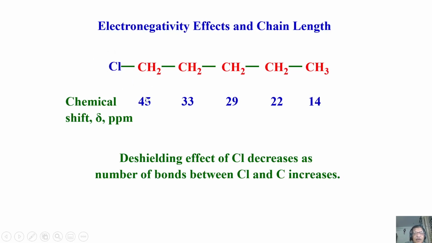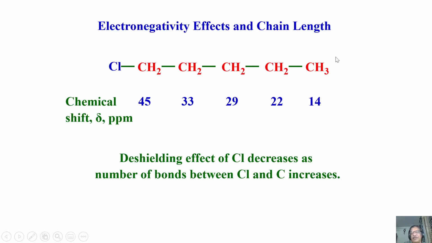Now this carbon comes at 45, this carbon comes at 33, 29, 22 and 14. I am concentrating only on the carbons here. You see what happened? The carbon directly attached to the electronegative atom comes almost downfield, at the highest ppm value, that is 45 ppm. As you keep going, to the next neighbor, the induction effect keeps reducing,